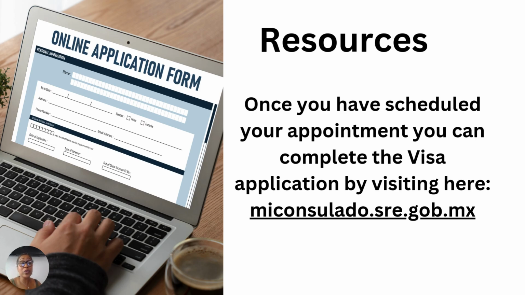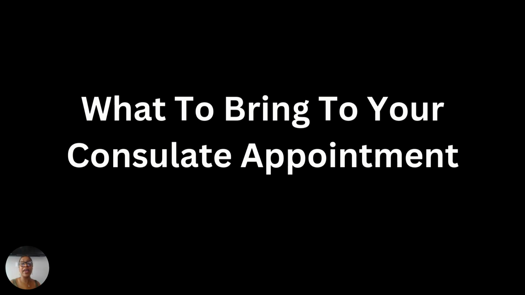Now, here are some other resources, because at this point you're done. The other resources could include the application process, and also the list of things that are required. And you can start the physical application because, let me just explain, we've created and scheduled an appointment, that's the appointment. Now you have to complete an application. You go to this link here and you complete the application, and it'll give you the list of required documents that you have to bring with you, such as